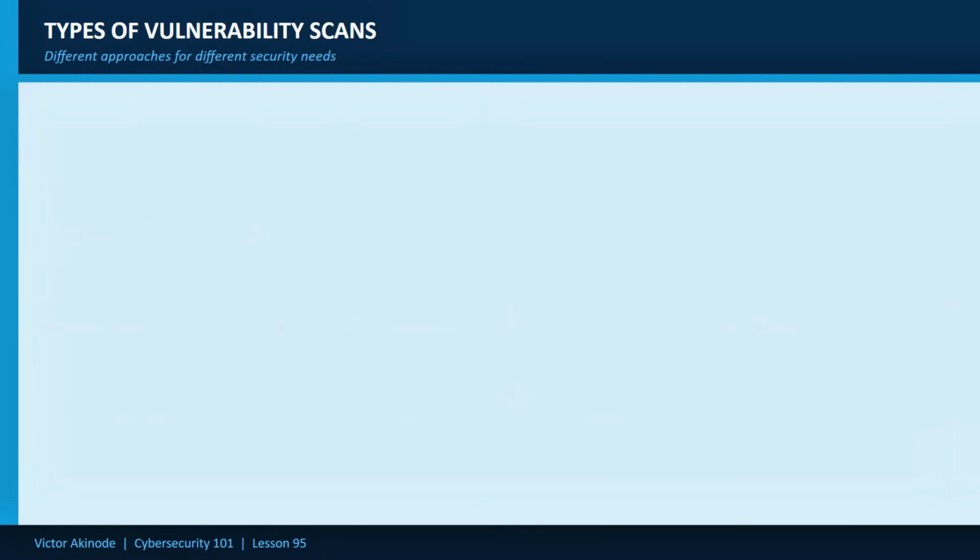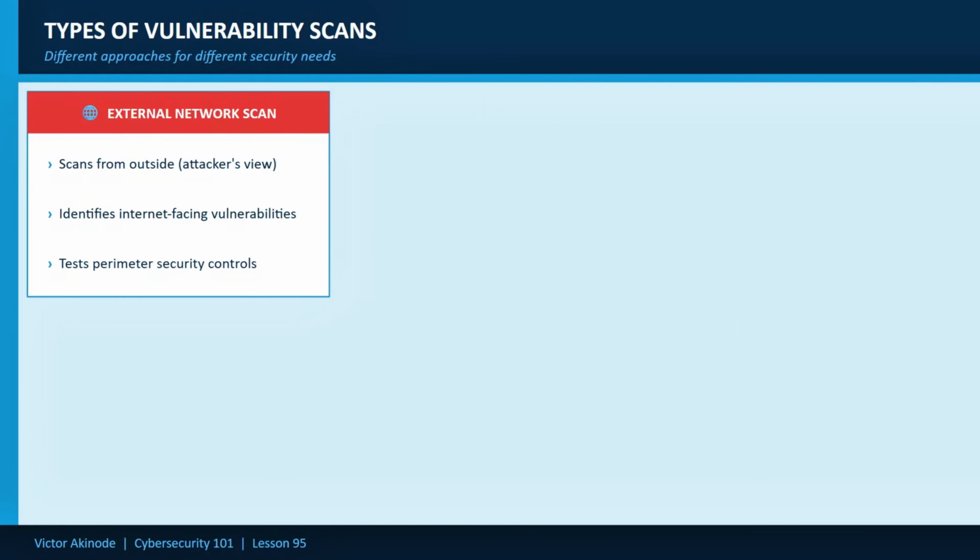Now let's consider the types of vulnerability scans. Not all vulnerability scans are created equal. Different scan types serve different purposes. The first one we'll consider is the external network scan, or network external scans. This type of scan attacks from outside your network. It simulates an attacker's perspective from the internet. It also identifies internet-facing vulnerabilities that external attackers could exploit, and it tests your perimeter security, which is your first